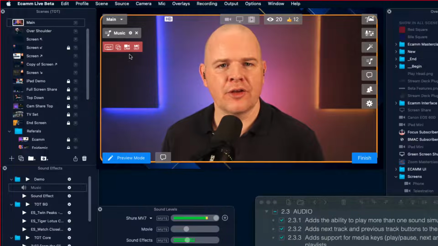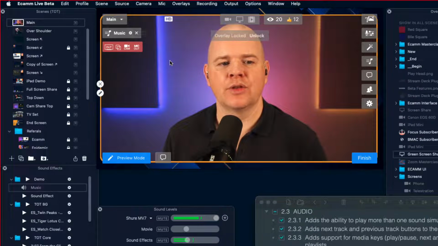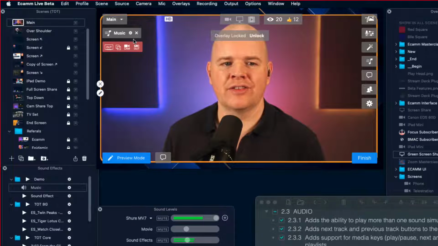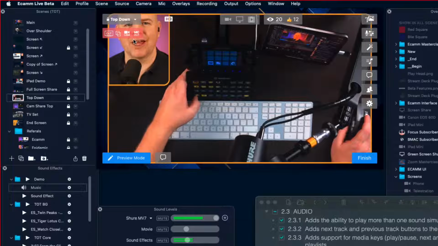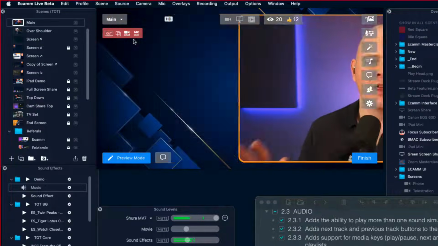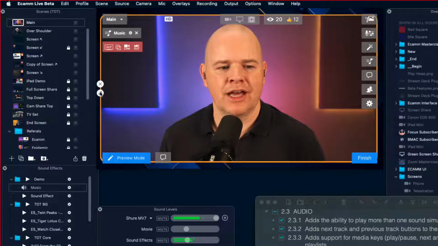Okay, so the other thing about this that is good is I'd set that one to stop when the scene ends. But if I didn't do that, then the music would start playing on this scene, and then when I go to that other scene, the music will keep playing. So there's that. But then there is another great thing about this, which means that you can actually,